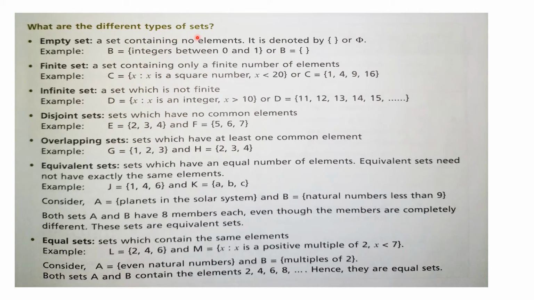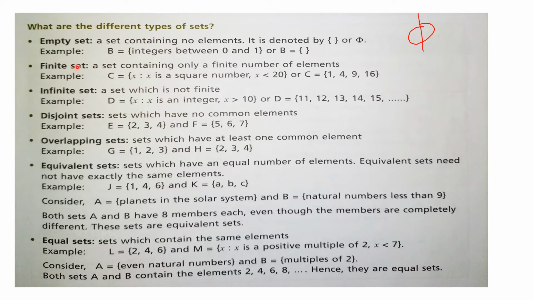Types of sets. Okay, so we have already studied these types in grade 6, so you just have to read them for your revision. What is an empty set? A set having no element. So when a set has no element, then that is an empty set, and we also denote this set with a symbol, which means empty set. For example, integers between 0 and 1. There is no integer between 0 and 1, so it should be an empty set. We can write it as this, just brackets and no element written in it, or you can use this symbol.